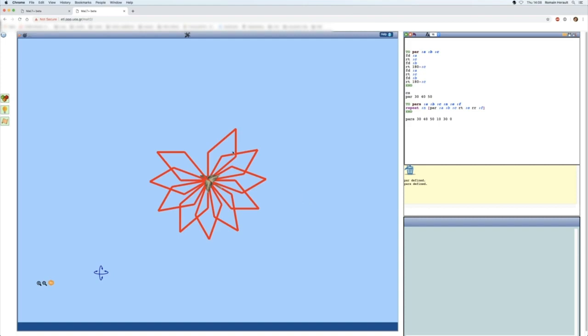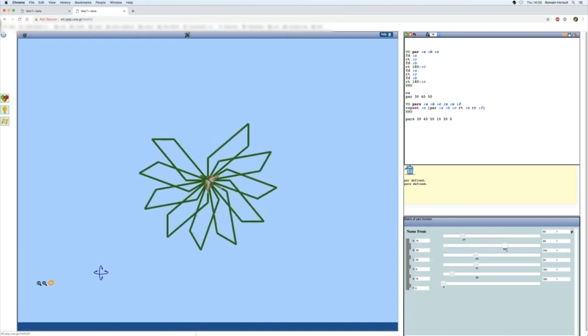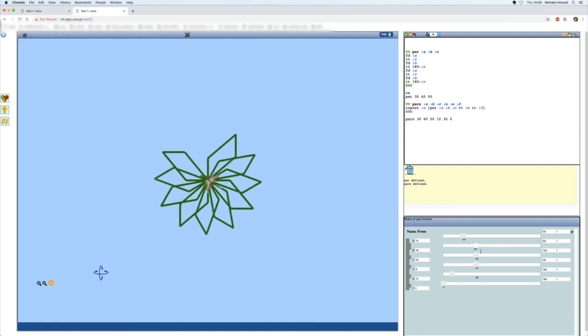So look at this, it's many parallelograms with a 30-degree angle between them. And if I change my turns here, you can imagine if I move the segments, I can see all the parallelograms changing at the same time, because procedure parses and repeats many parallelograms.